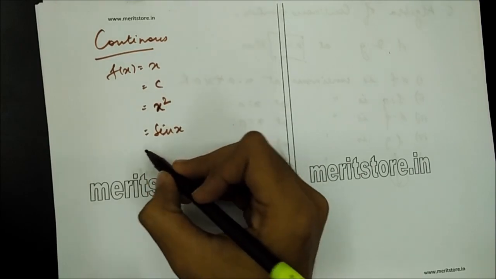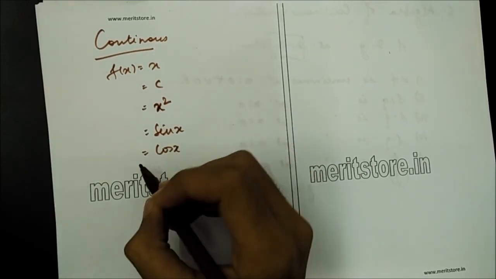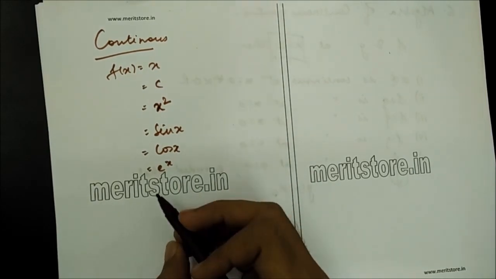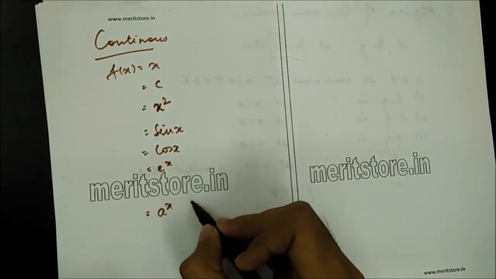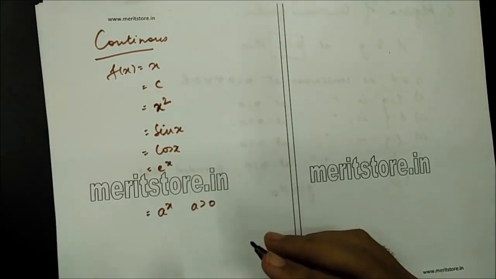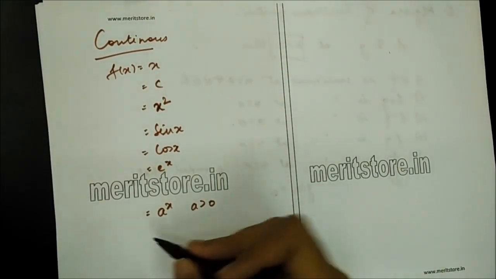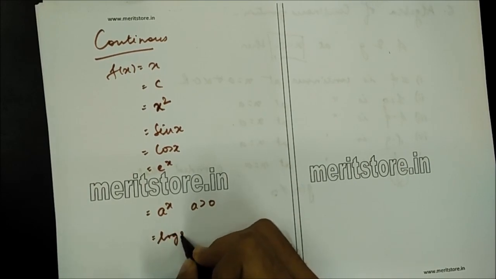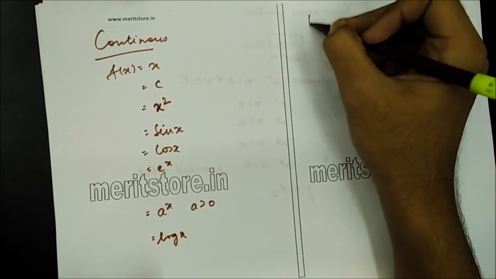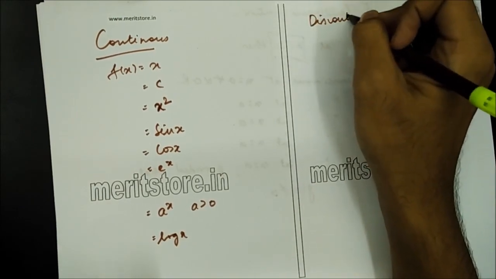F of x is equal to cos x is a continuous function. Then f of x is equal to e to the power x is also a continuous function. F of x is equal to a power x, where a is greater than 0, is a continuous function. Log x is also a continuous function. So these are the common continuous functions that we look at,